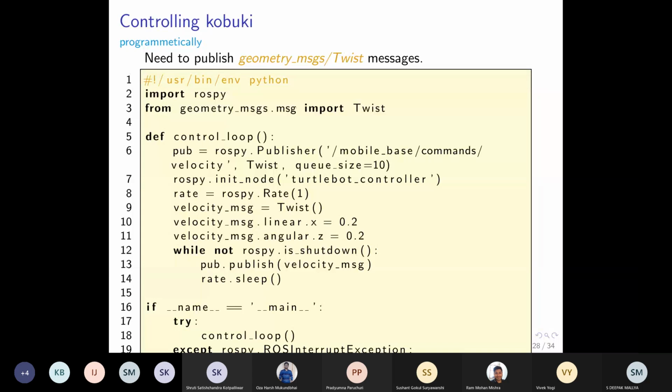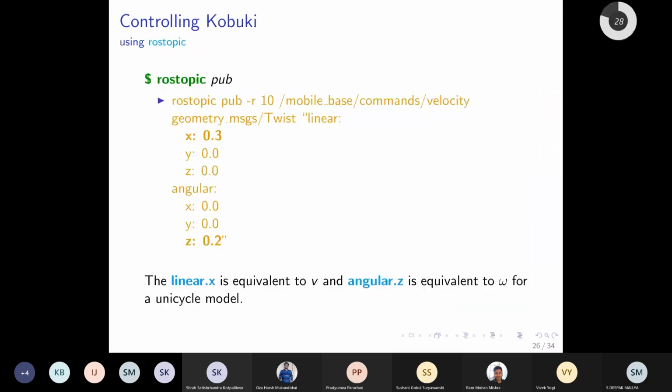But before that, remember one thing. In both of these previous examples, what were we actually doing? We were setting this velocity here. You see this x is equal to 0.3, and here z is equal to 0.2. So z is basically your angular velocity about the z axis.